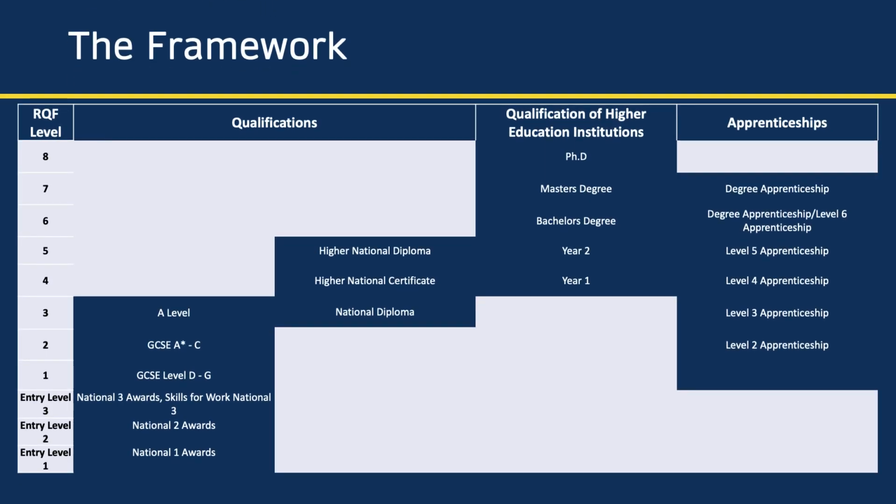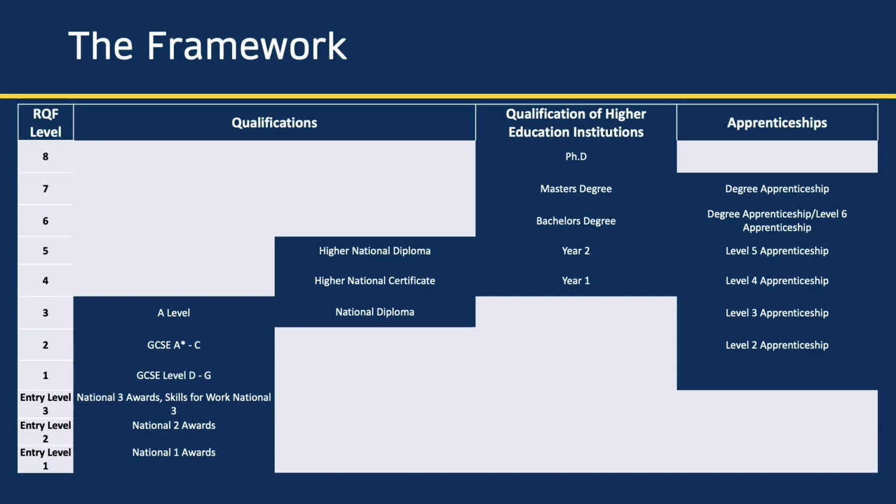So look at the qualification framework to see where this qualification sits. This is a level 3 apprenticeship. You can see there on the column in the right hand side. So that is roughly equivalent to A level or a national diploma. It's worth noting, however, this doesn't show the credit value, only the level of difficulty.